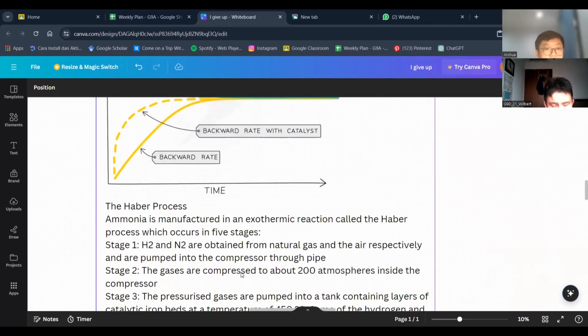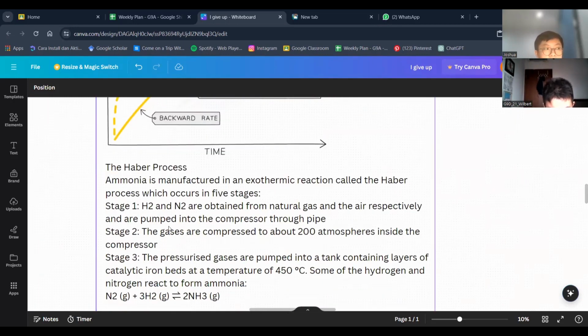So for the Haber process, ammonia, NH3, is made here. Essentially, it's just H2 and N2 obtained from natural gas. The gases are compressed to about 200 atmospheres. This is the amount of pressure required for this process. And 200 atmospheres is like 20,000